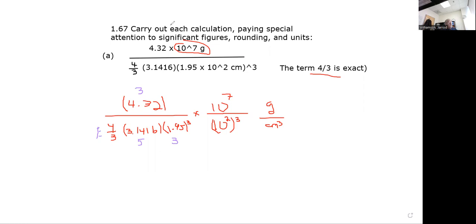And I'm going to get here, assuming I did it right, for this front part, I'm going to get